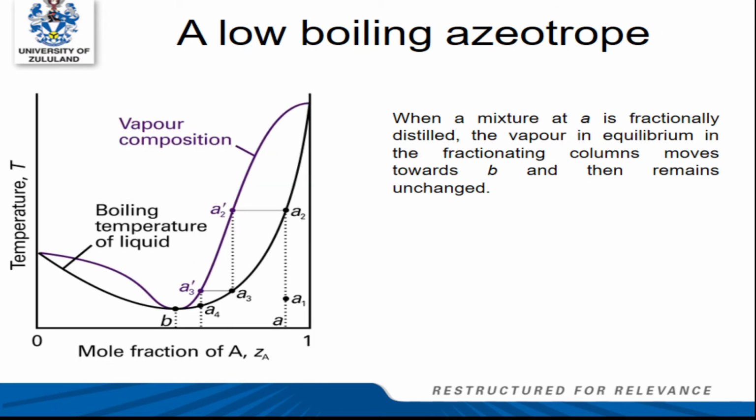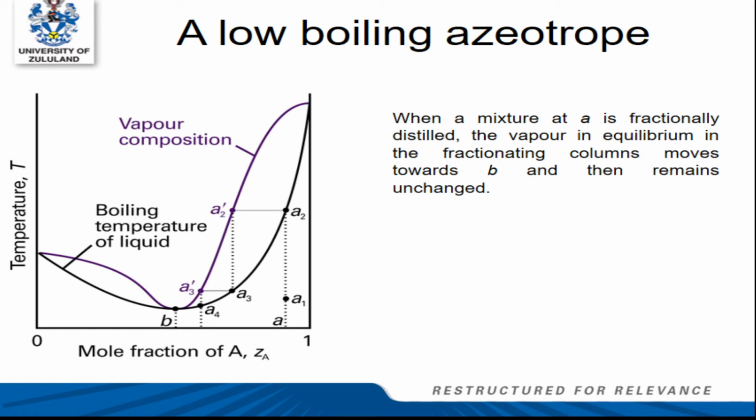In the next diagram, we are showing a low boiling azeotrope. For a low boiling azeotrope, when a mixture at A is fractionally distilled, the vapor in equilibrium in the fractionating column will move towards B and then remain unchanged. As you can see in our diagram,